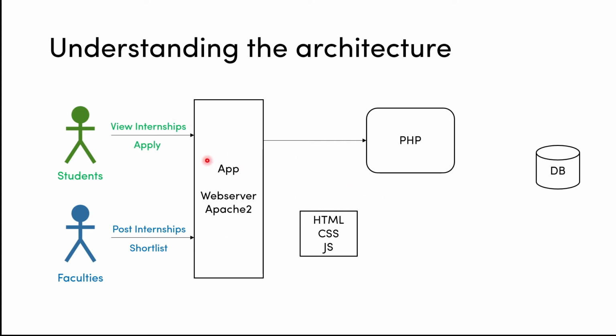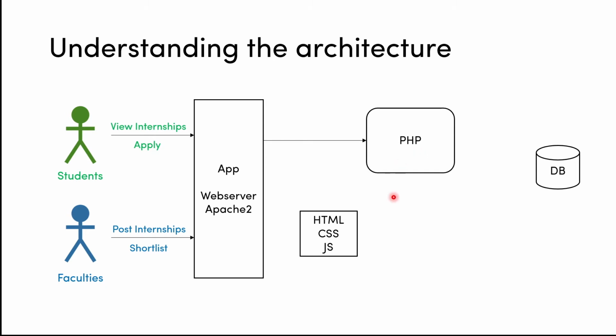So now Apache knows that user has visited our website. What we have to do, we have to generate HTML, CSS and JavaScript for that particular user. Now the thing that you need to know right now is, HTML, CSS and JavaScript are sent by the web server to the user. It means that HTML, CSS and JavaScript, they lie on the client side, whereas the PHP is executed on server side. So if someone tells you that I want to execute PHP code on my client machine, then they might be misleading you.